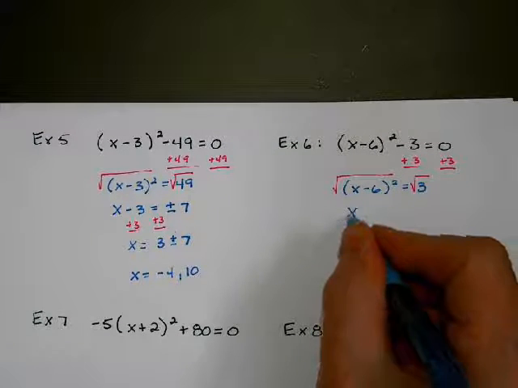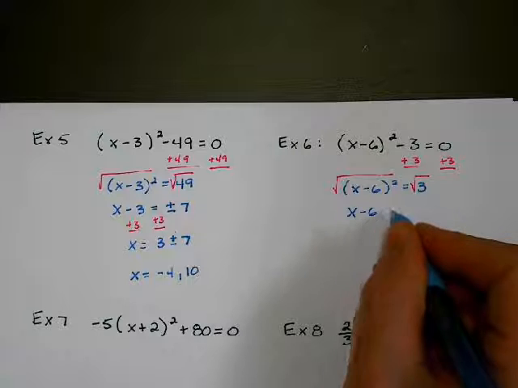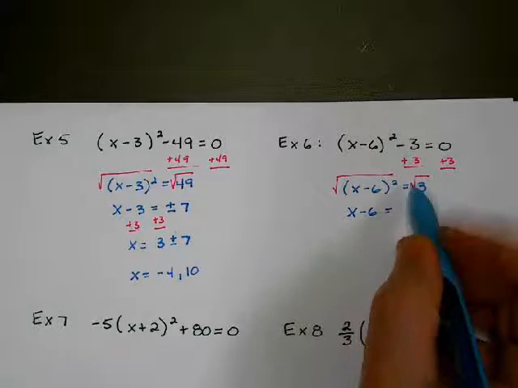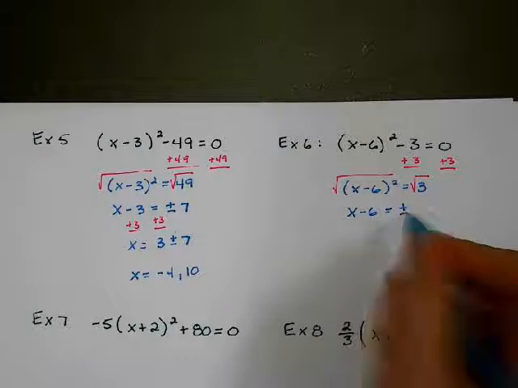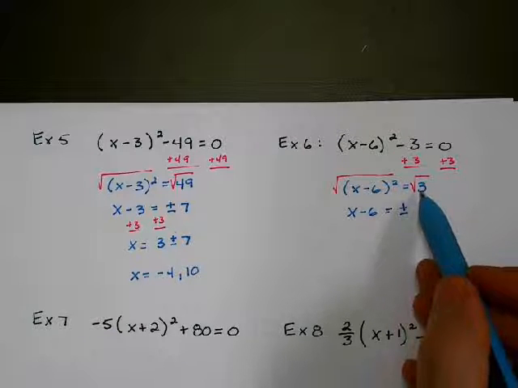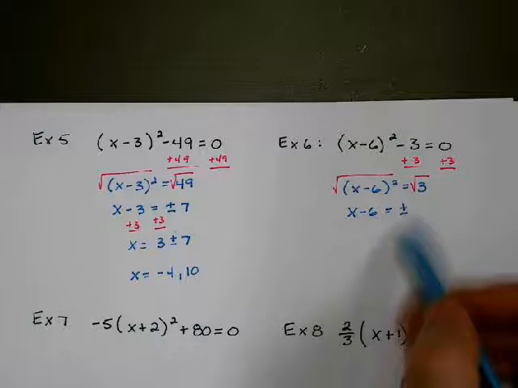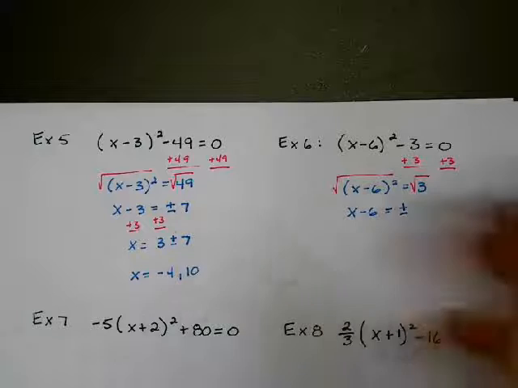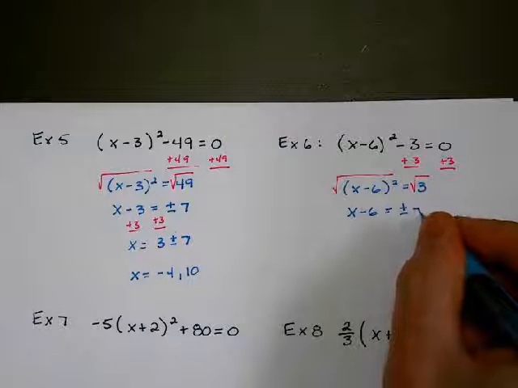On the other side, I have to remember to do my plus or minus sign because I took the square root of both sides. Now, the square root of 3 does not reduce. That's the first time this has happened when we've been doing these problems. So I'm just going to leave it as the square root of 3. And square root of 3 is